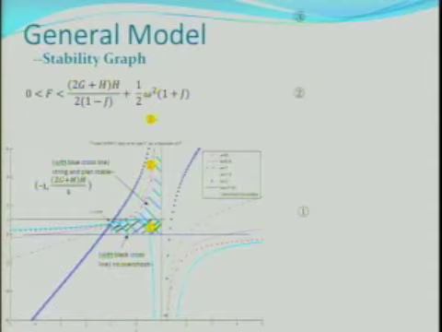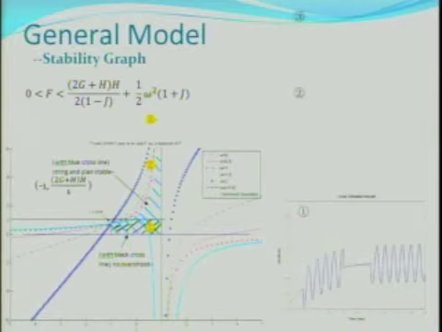To validate this plot, we pick 3 different points, 1, 2, and 3, and use MATLAB ODE45 to simulate. You can see in graph 1, we pick the point with f and g within the region with no overshoot and plain and string stable. You can see in this graph that if the leader is in step input, the follower speed never exceeds the leader speed, and when the leader is in frequency input, the amplitude of the follower's velocity is also